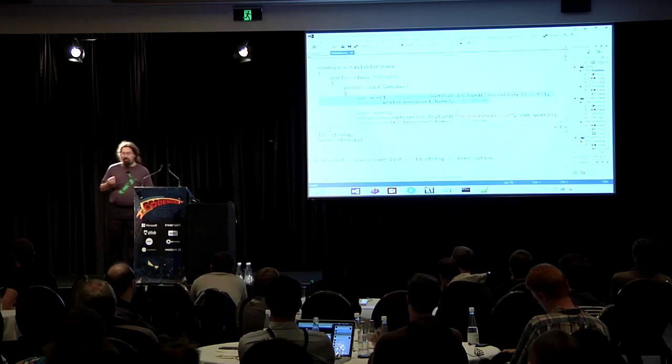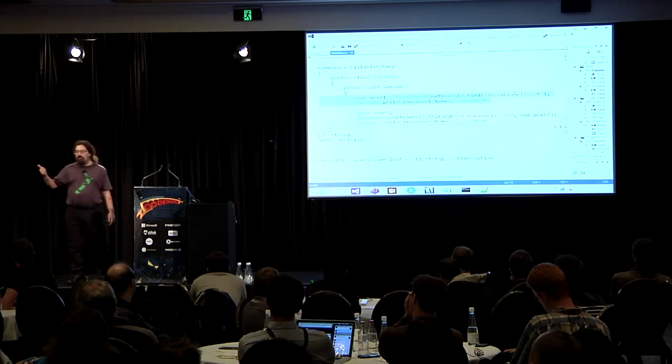In that case, I'm going to blithely continue on. I'm going to take the name of that user, and I'm going to crash with a null reference exception. That's annoying to me because, well, firstly, it could have been prevented if I'd had some sort of warning that the user might not be there. And secondly, it's going to happen during the demo to the CEO, so that's not ideal.